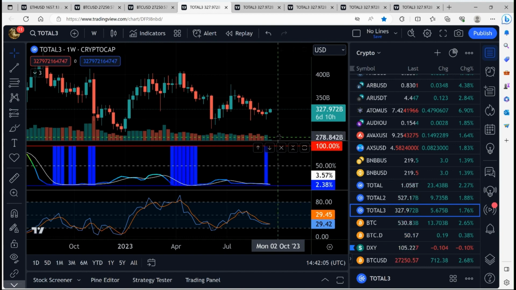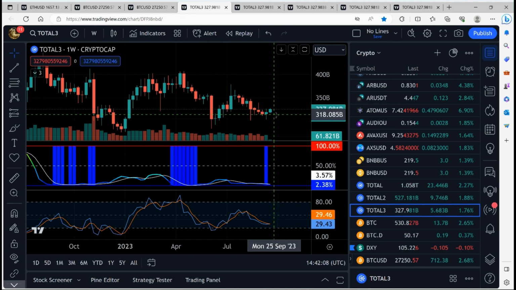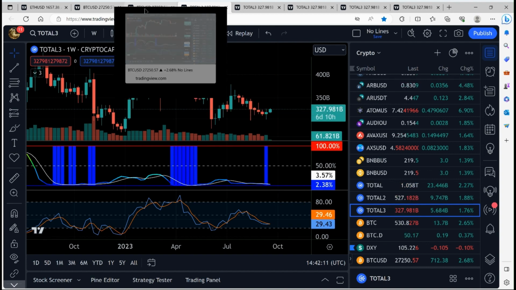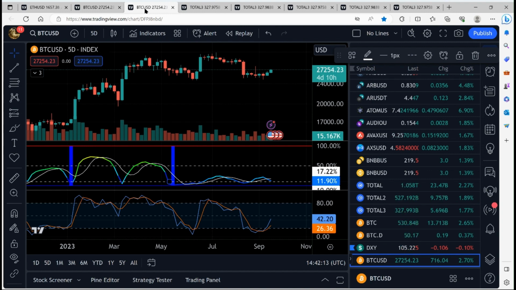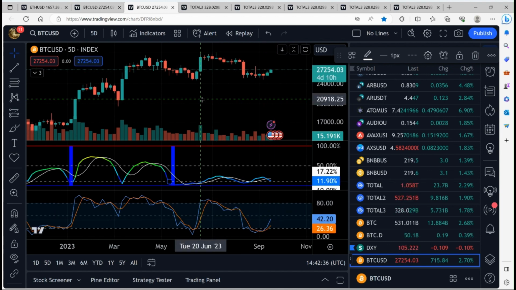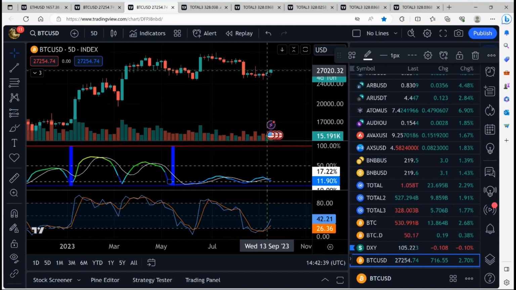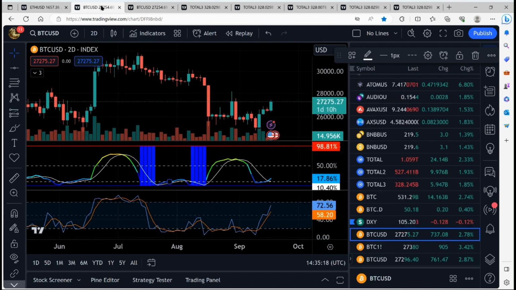And look at this nice weekly candle we're forming here. So now we're getting into this. Again, same as Bitcoin, we had started to see expansion, didn't really see any moves here, and started heading back down into the extreme low volatility range, currently at 11.9%. Stochastic indicators heading upwards. We should see expansion heading into the next 5-day time period. And the 2-day you can see is also expanding up.